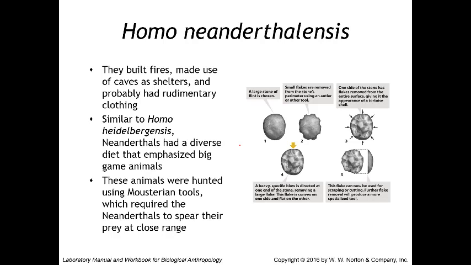In some cases, the injured individuals would have been permanently disabled and may have required assistance from other members of the group to survive. So it's very interesting to see that, because what it suggests is that there is a degree of culture, a degree of social awareness, and the value of taking care of others